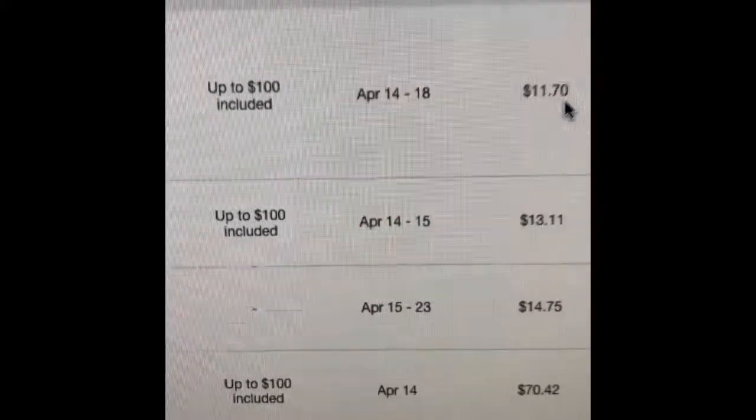Now, this isn't optimal, and I'll tell you why. The reason that this is not optimal is because we are paying $11.70. We paid $1.76, I believe, for the product, and we are selling it for $20.90. So when you take off the 13% you're paying eBay and PayPal, and you add the cost of the product to the cost of shipping, you're going to end up making about $5 on this product. That's not optimal, like I say again. But I'm willing to take that chance because I know I'm not always going to have to ship to New Hampshire. When you live on the West Coast and you sell in Florida, which I do sell in Florida a lot,